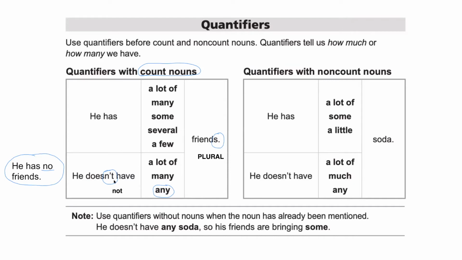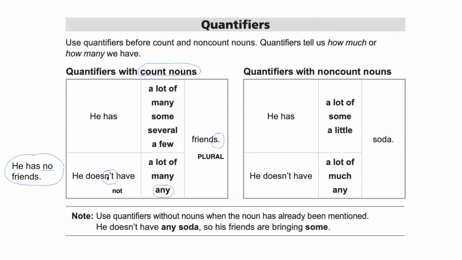So it might seem a little strange to say he doesn't have any friends. But I do want to mention that this is very common in English to use not any. Now, in some languages, I'll use Spanish just as an example, it's perfectly fine to have two negative words in the sentence. So in this case, we might say he doesn't have no friends, like we would say that in Spanish, kind of the basic idea. I think we do that maybe in French too. But in English, we don't like to use two negatives. So in this case, if I use the word any, it's because I'm using the word not in the sentence.